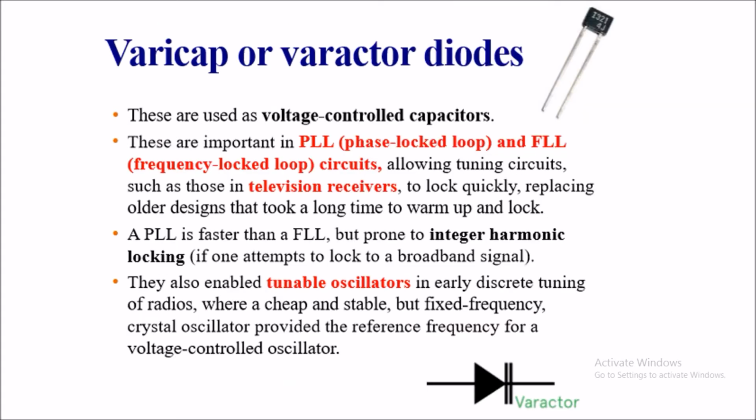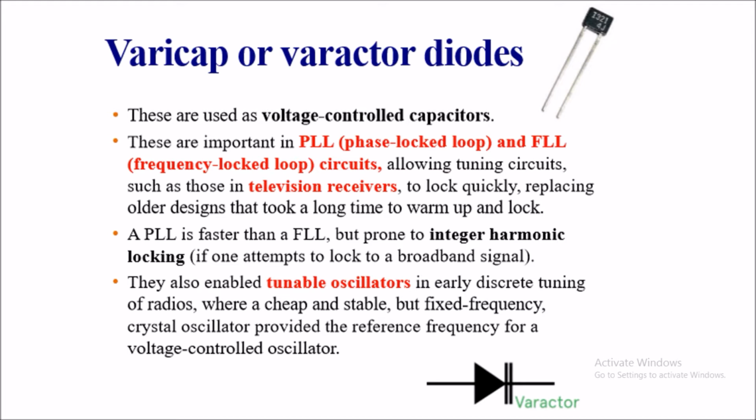And the fourth type is the varicap or varactor diodes. These are used as voltage controlled capacitors. So I control the voltage, thereby varying the capacitance, and so it's a varicap or varactor diode. These are important in PLL phase locked loop and FLL frequency locked loop circuits, allowing tuning circuits. يعني هو بيشتغل في التيونينج circuits اللي هي موجودة في التلفزيون ريسيفرز وراديو ريسيفرز وريسيفرز at